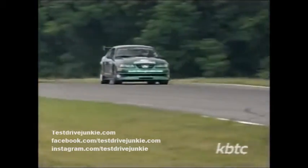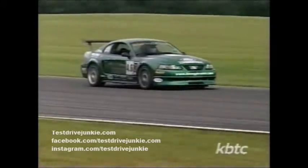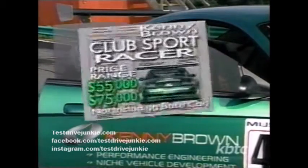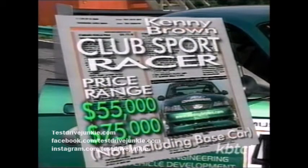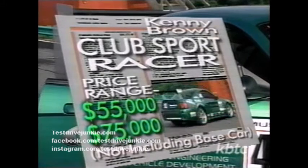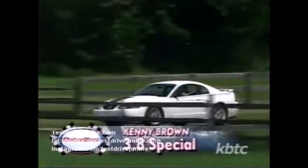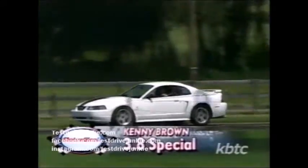All in all, it's a quantum leap forward, reaching levels of balance and precision that we had thought to be beyond the capabilities of the Mustang chassis. Unfortunately, with a price that ranges from $55,000 to $75,000 beyond the price of the stock Cobra, the Kenny Brown Club Sport Racer is clearly a dream car for most Mustangers as well. But take heart, because every component can be individually purchased, allowing fans to build their own CSR one piece at a time. Or you can opt for the second new Kenny Brown Mustang, a real performance sleeper known as the